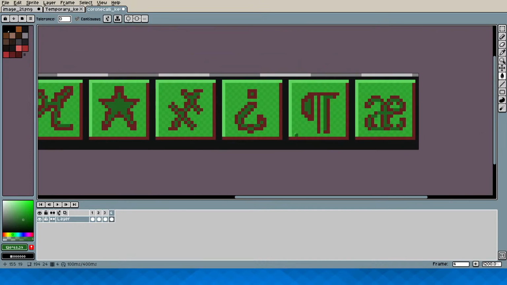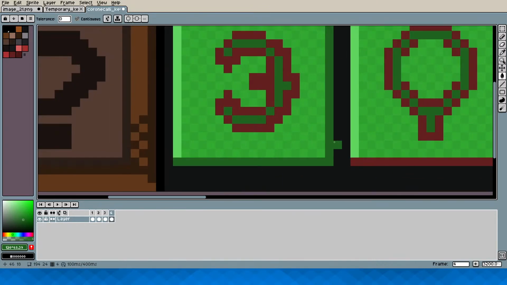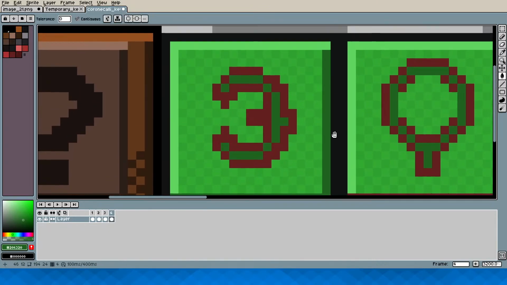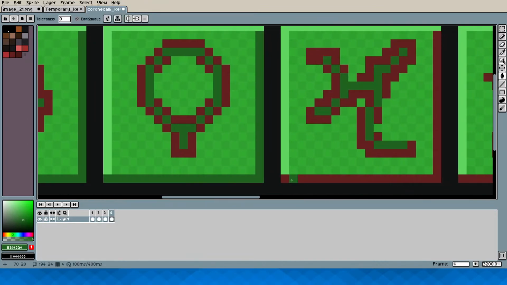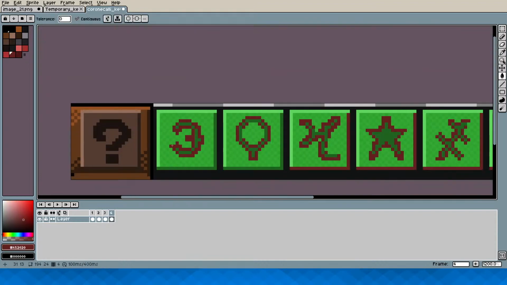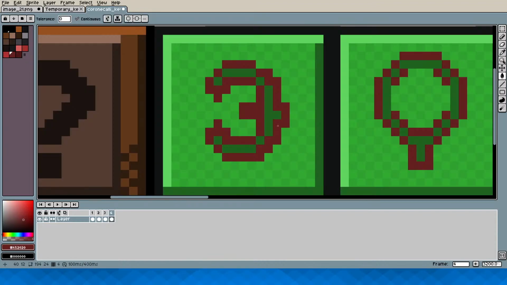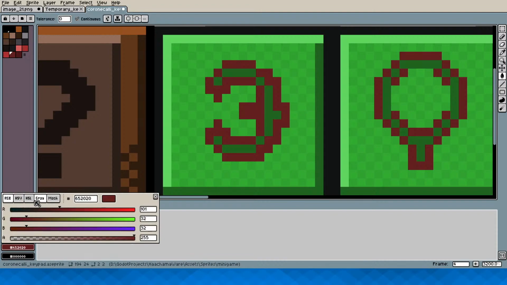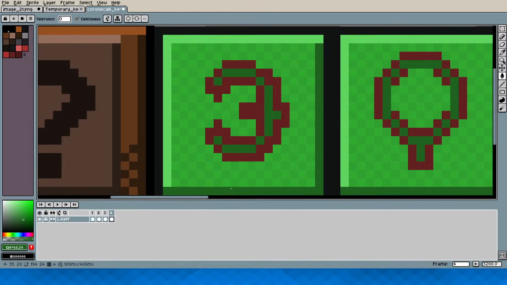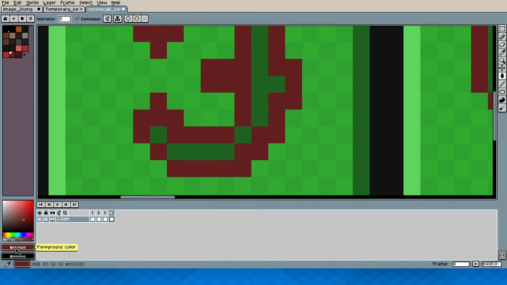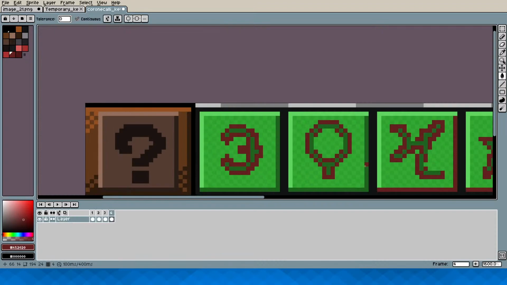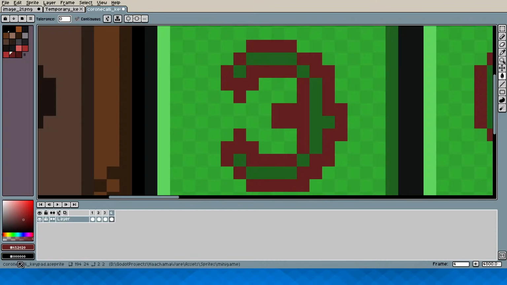Alright, and lastly, I need to use this one. Wait, is that the... Oh, right. Is it the same color as this? Oh, it's the same color as this. Not the same color as that, so I need to hue shift this. Whoopsie. Wait, what's happening? What color did I just grab?